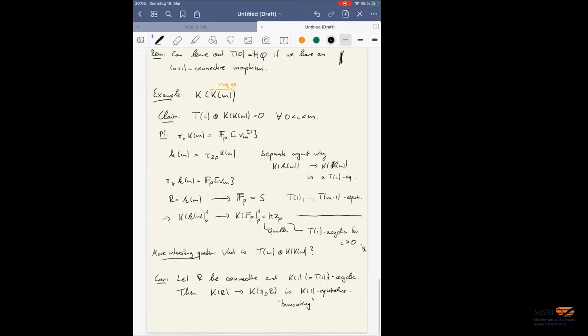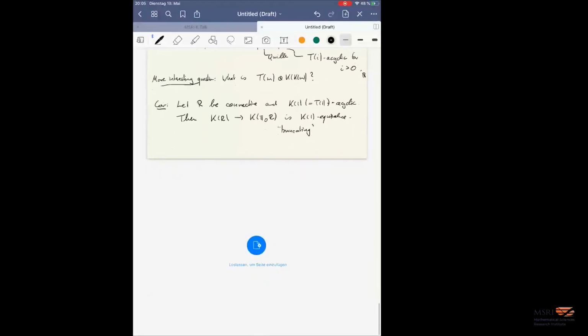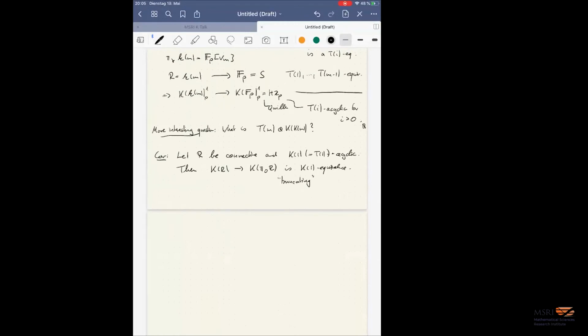Just knowing that K1-local K-theory is truncating has a number of formal consequences, even, and this might be surprising, in the case that R is a usual ring,